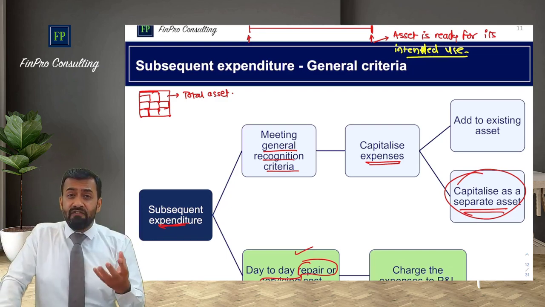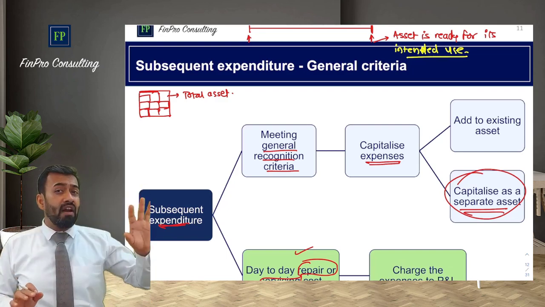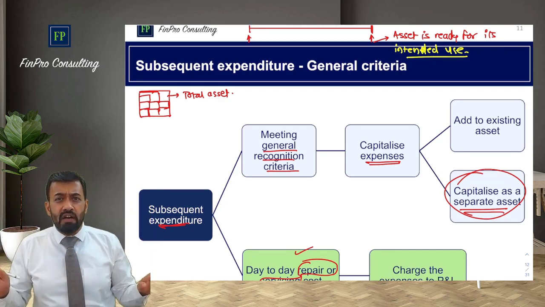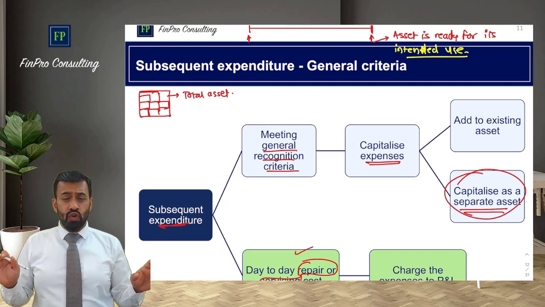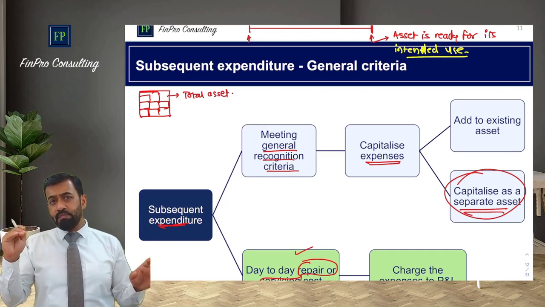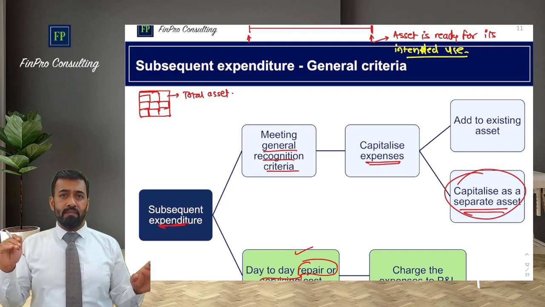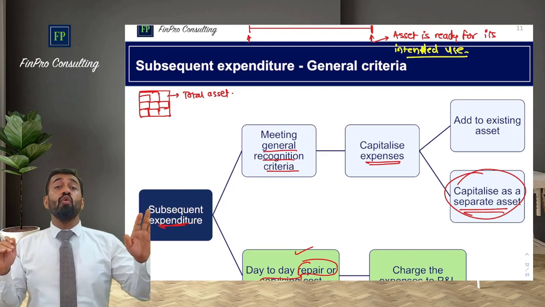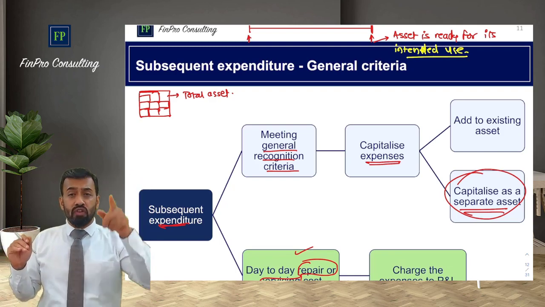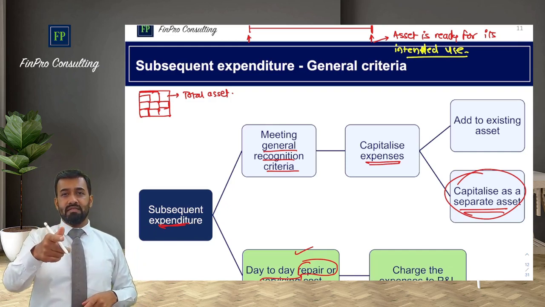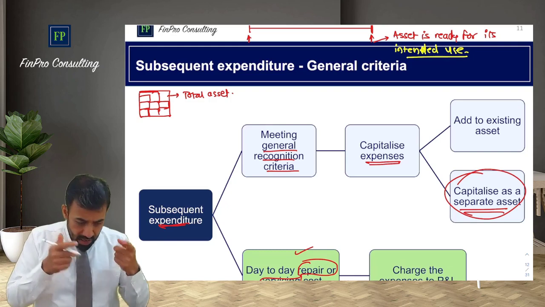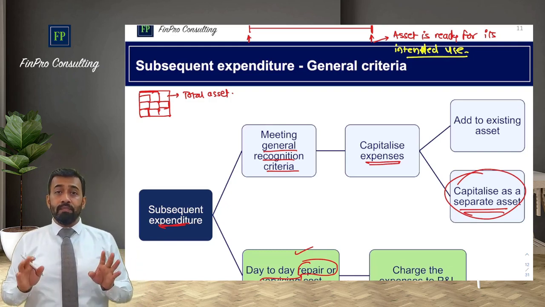But if this life is significantly different, like aircraft has 20 years, the engine, and landing gears has 3 years, there is a significant difference in life, useful life. So this landing gears, the cost of landing gears has to be expensed out over 3 years. And this engine should be expensed out over 20 years by way of depreciation. So depreciation key will be 20 years for the engine and 3 years for the landing gears. So that is coming out of the concept of depreciation and as well as the subsequent expenditure.